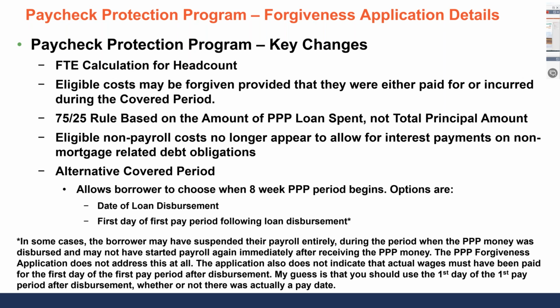Insofar as no individual could represent more than one FTE. So if somebody has average hours of 44 or 45 hours, they're one FTE. So nobody could be more than one FTE, but it's based on 40 hours a week instead of 30. Now, that shouldn't have a negative impact for most people because the math, you have to change the math on